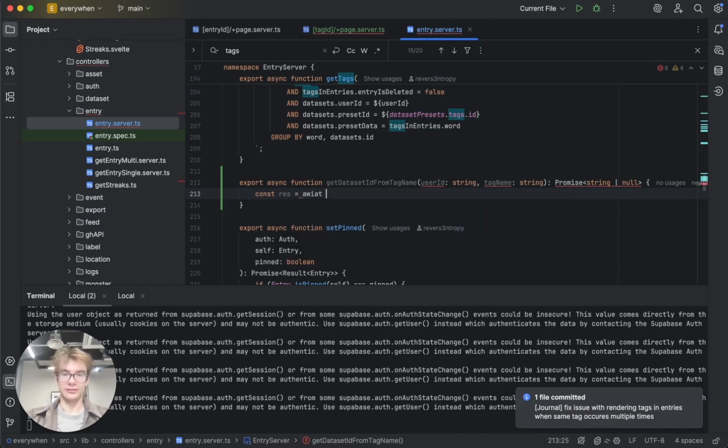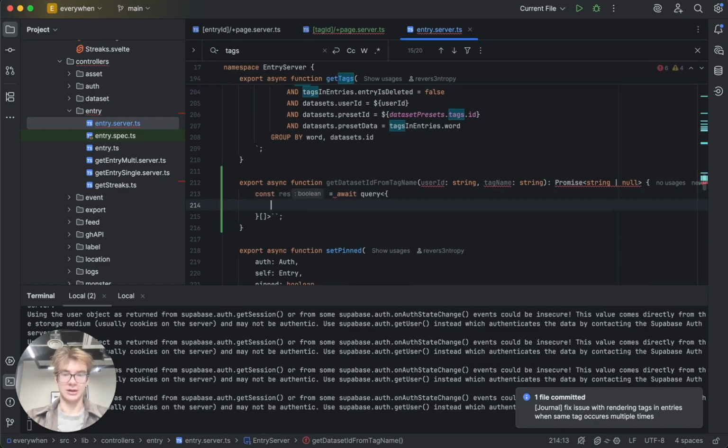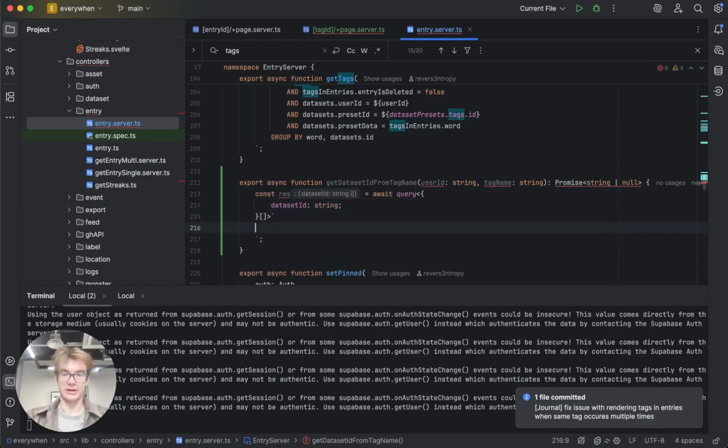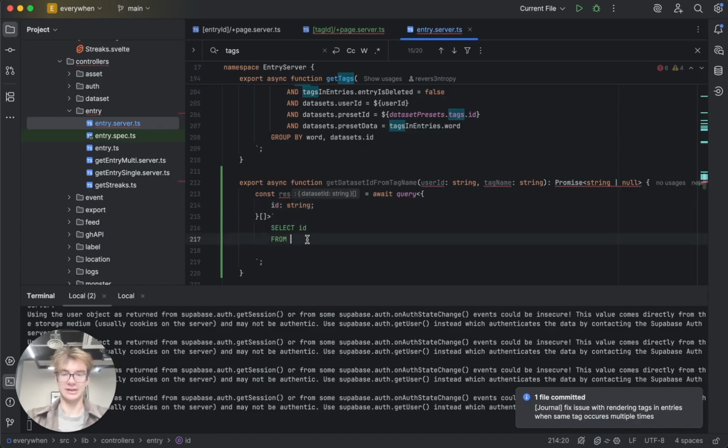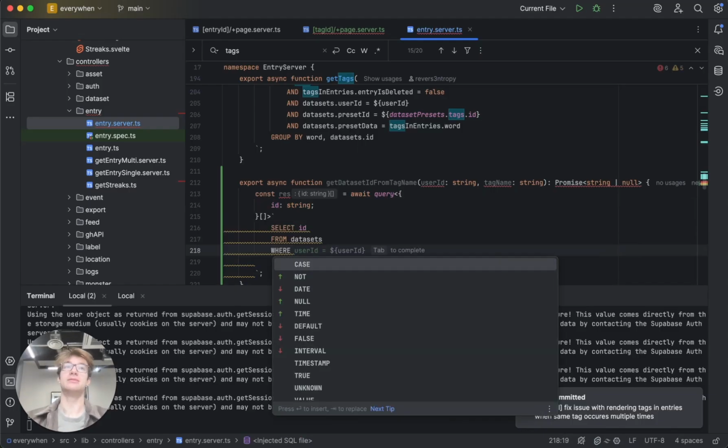Let's do await query. And our query is going to be returning an object, and we want dataset ID of type string. So we'll say select ID, or actually let's just turn this into just returning an ID. We'll select ID from datasets where, and